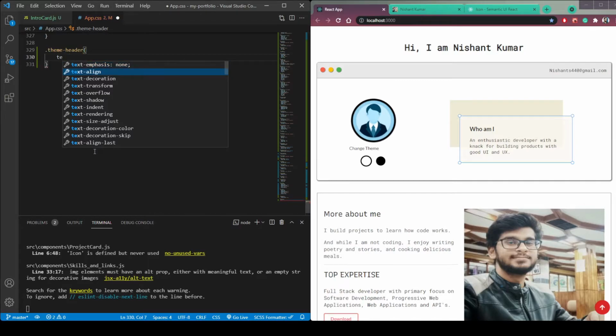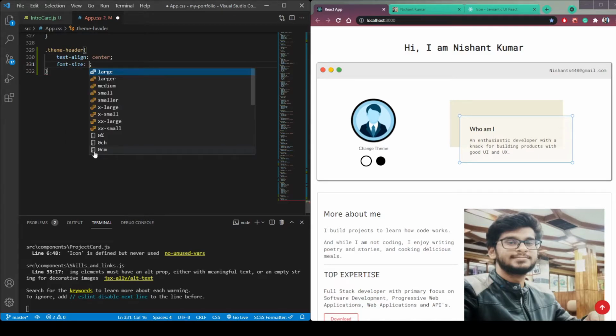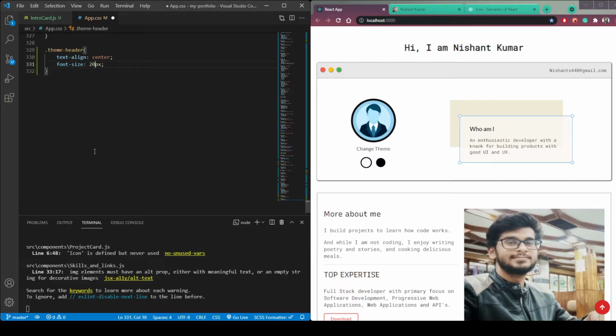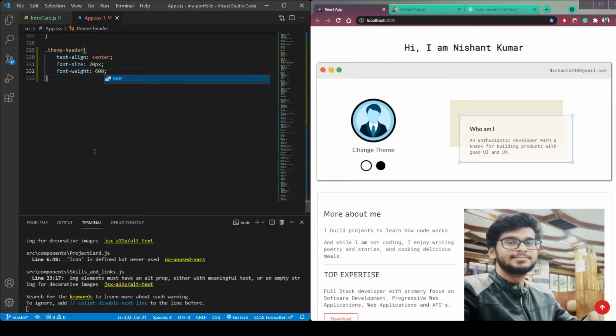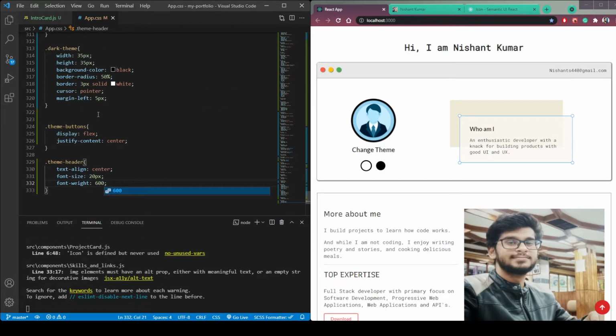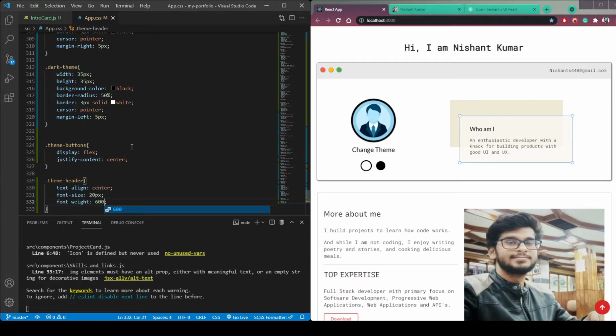Then text align center. Then let's use font size 16px or 20. Font weight, let's use 600. Now our two buttons of dark and light and this header is working.